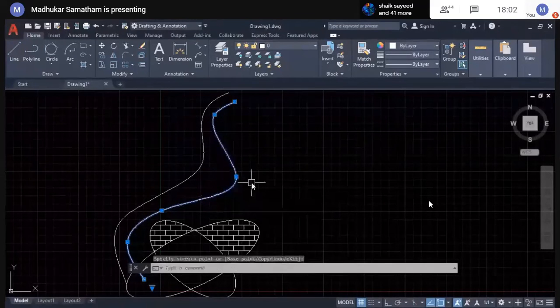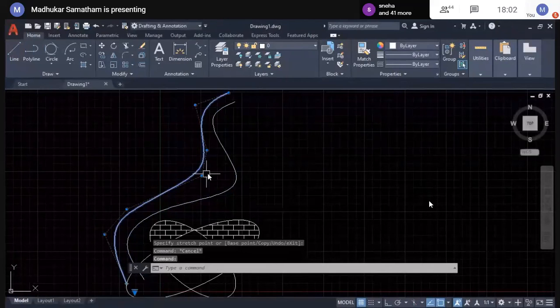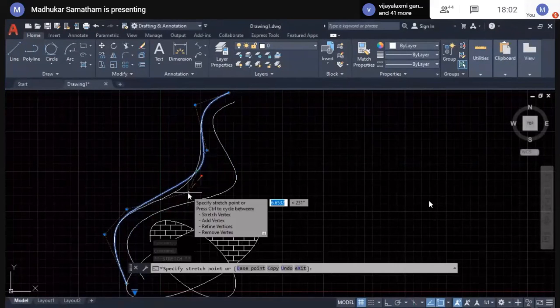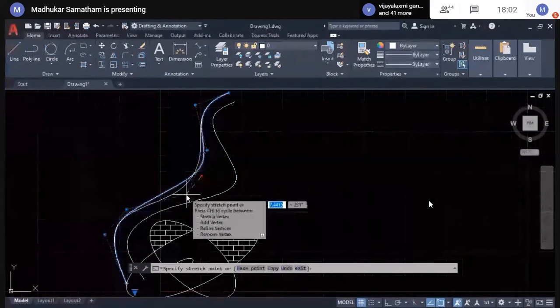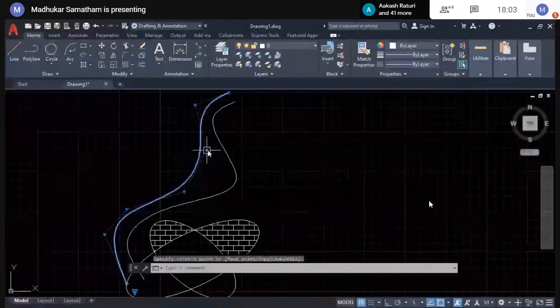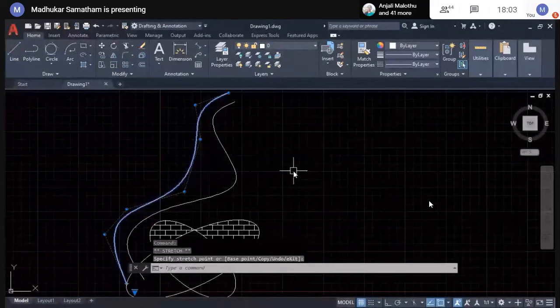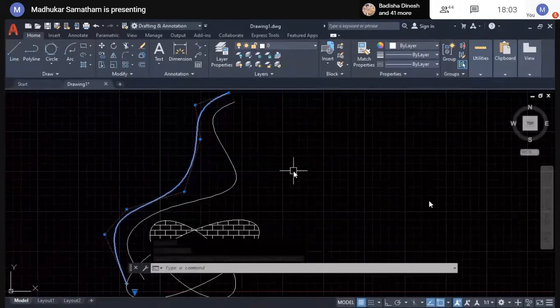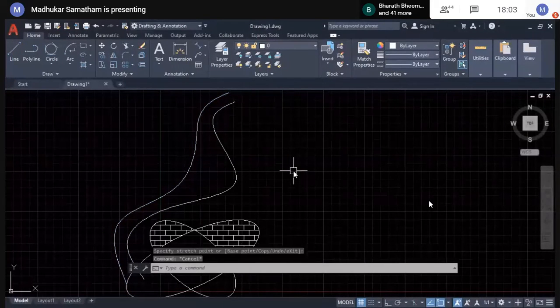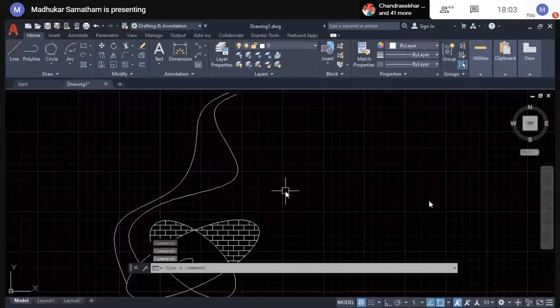But in this type of curve, you can select and adjust. Between those two points, whatever smooth curve is possible, it will show you. But here it's not possible. Once you change the coordinates, the shape may change. So that's the advantage and disadvantage of these two types of curves.